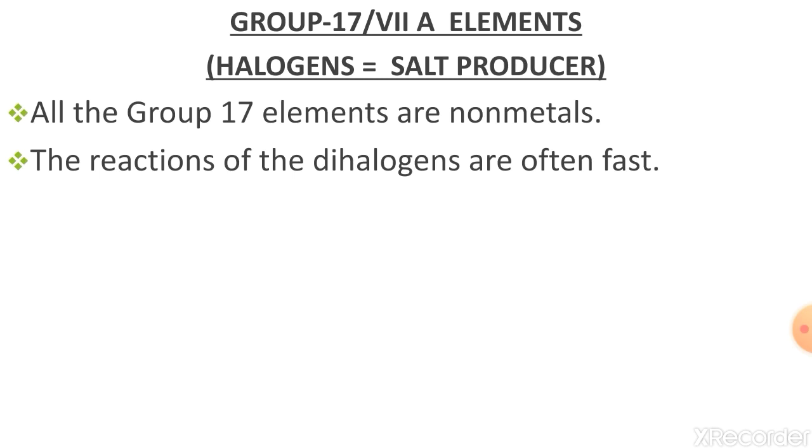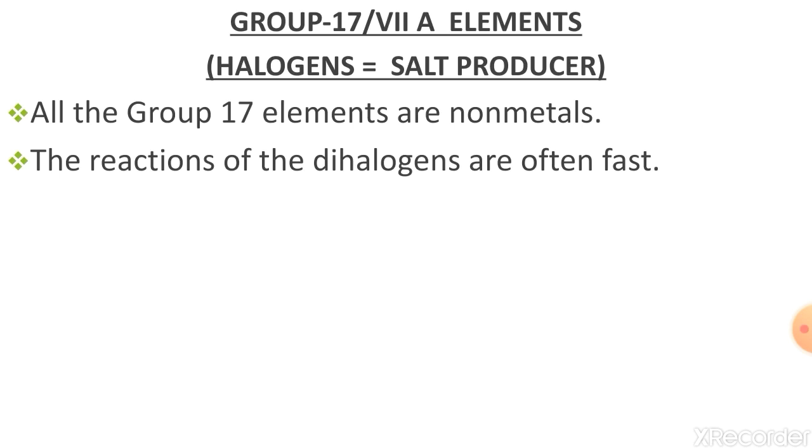Listen carefully. All the elements of halogens exist as diatomic covalent molecules. This is because molecules are held together by weak van der Waals forces, due to which they are volatile in nature. Again, volatile means tendency to form vapor. Now dear students, with increase in atomic size, that means down the group, as you know the number of shells increases, that's why atomic size increases. So these van der Waals forces increase from fluorine to iodine, and hence the change in physical state occurs from gas, fluorine and chlorine, to solid I2.